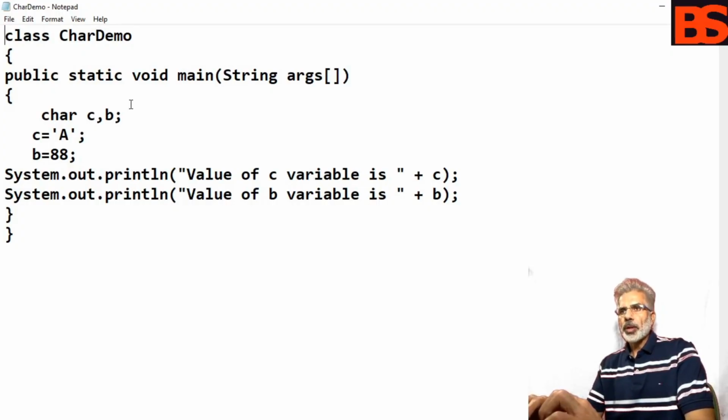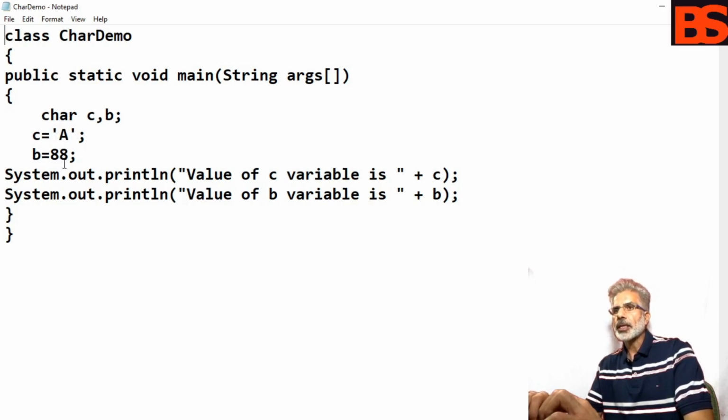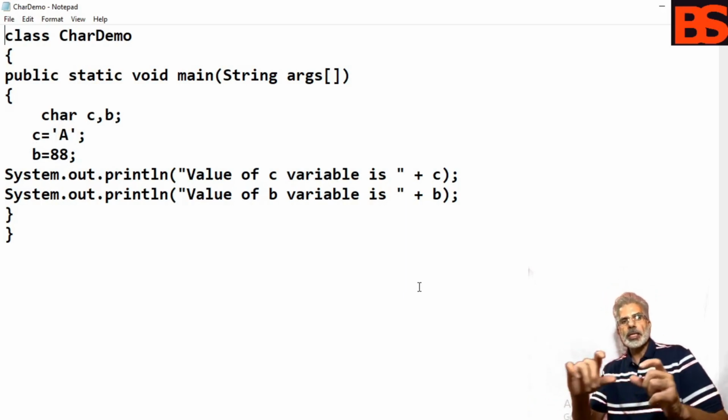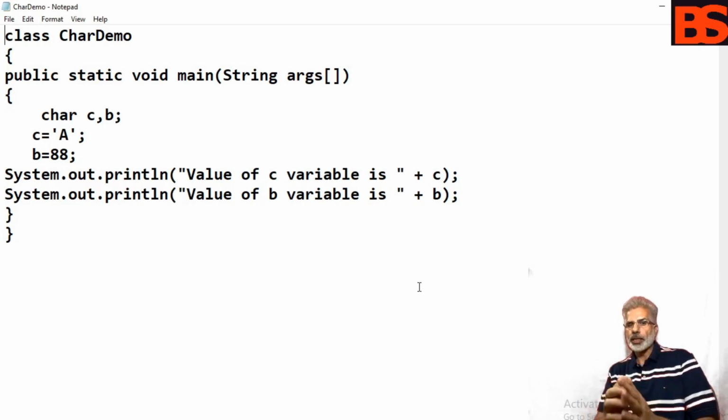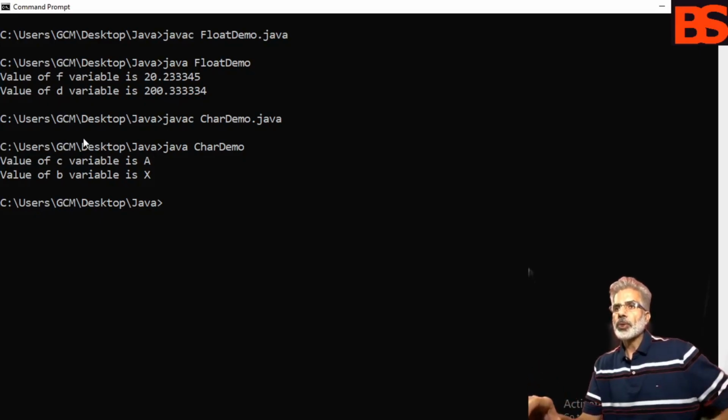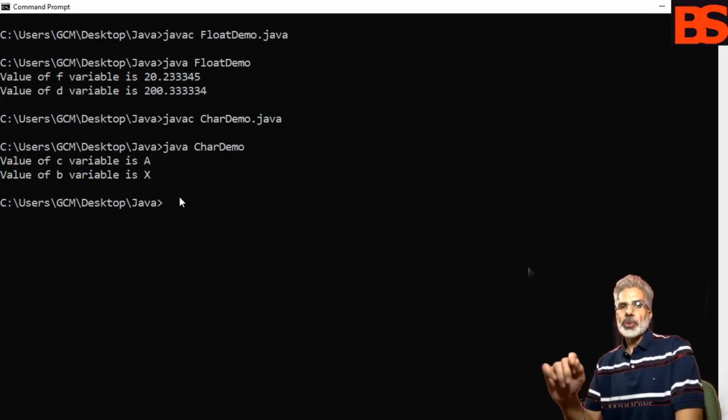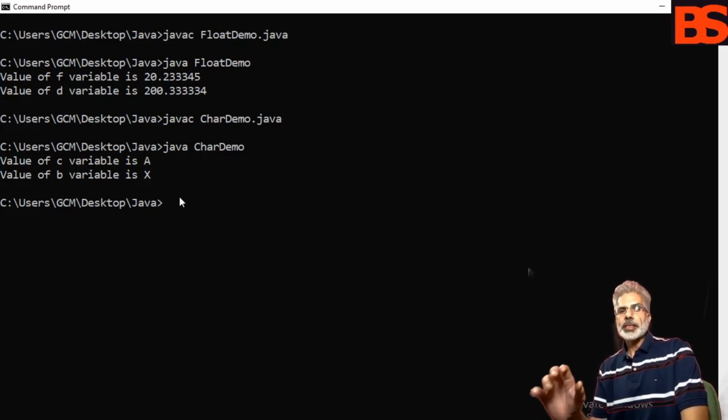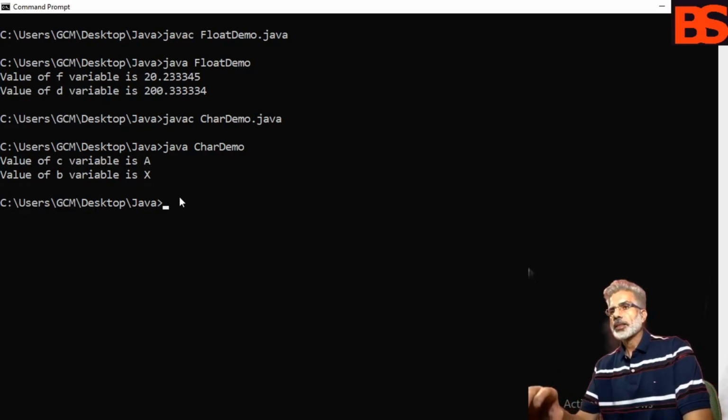So in this program, I want to show you about char c and b. To c we have assigned a single character, and to b the number 88, which is the ASCII code of a char in Java. So this is the output of your program. Value of c variable is A and value of b variable is X. If you store any ASCII value in a character in Java, it will convert into a character.